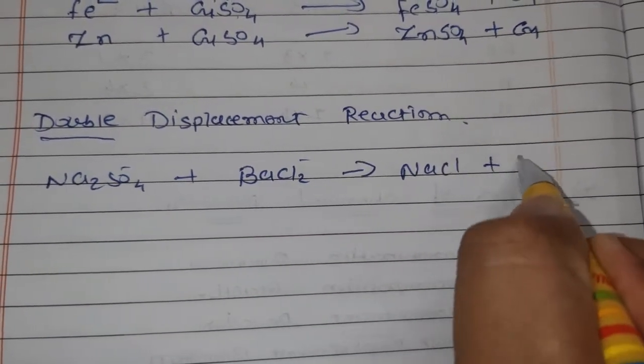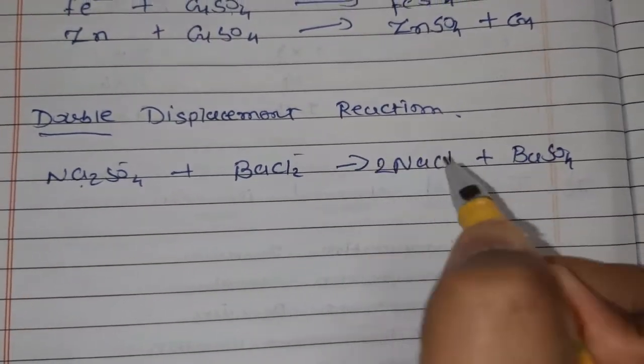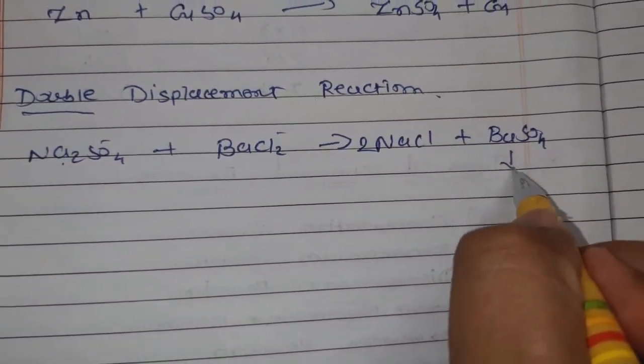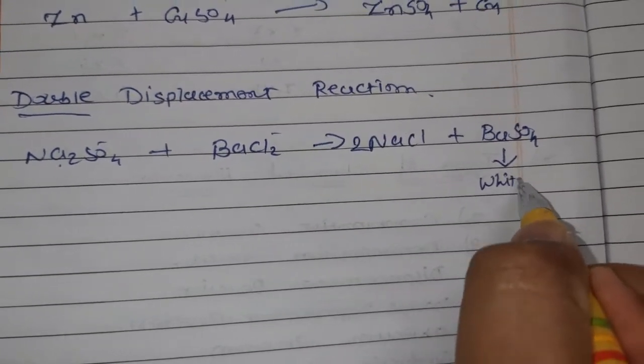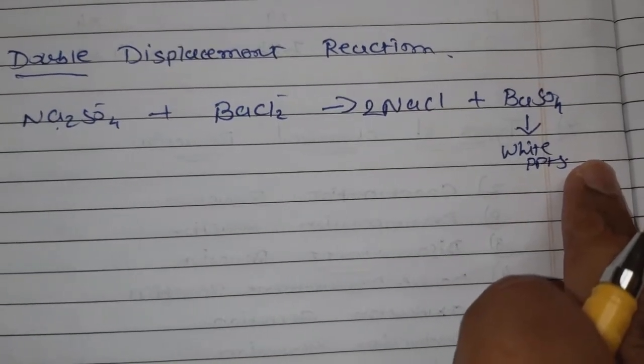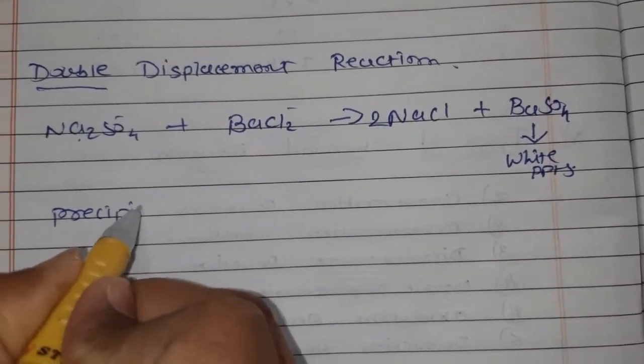NaCl plus BaSO4. Here there is twice Na, so we can write here 2. So Cl is 2, so the equation is balanced. But here the white precipitate is obtained during this reaction. So this reaction is also known as a precipitation